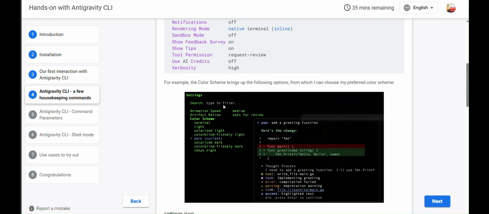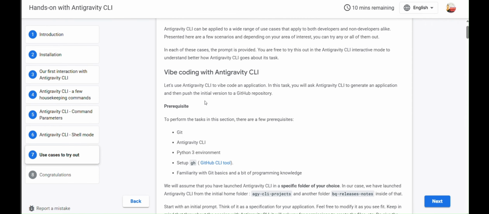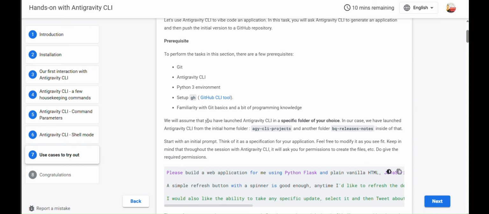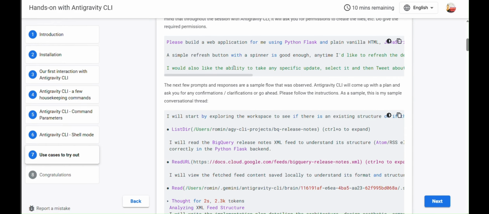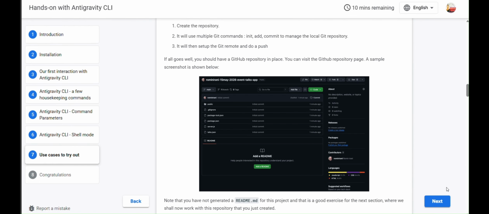configuration settings, checking for the telemetry, like sandbox mode, the settings, everything we are going to do in the code labs. And we are going to test the Anti-Gravity shell mode, some use cases to try out. Checking all the housekeeping commands and some of the command prompts to work in the Anti-Gravity CLI workspace